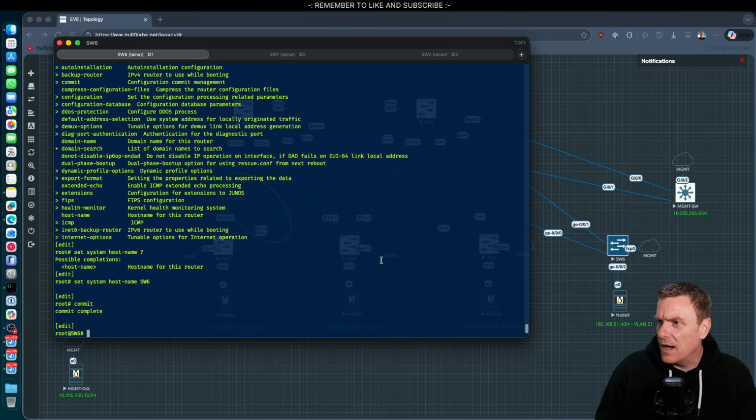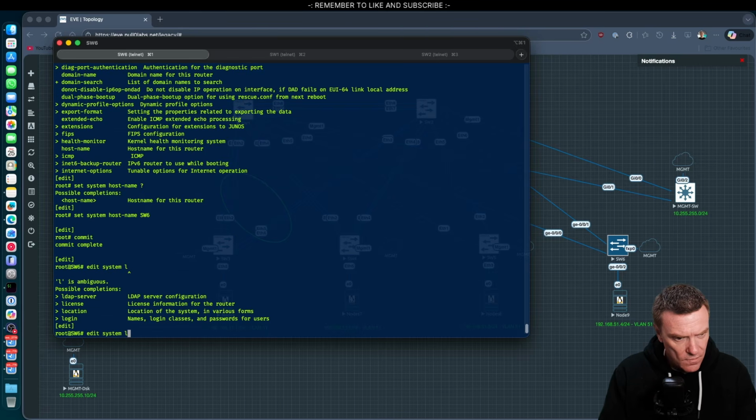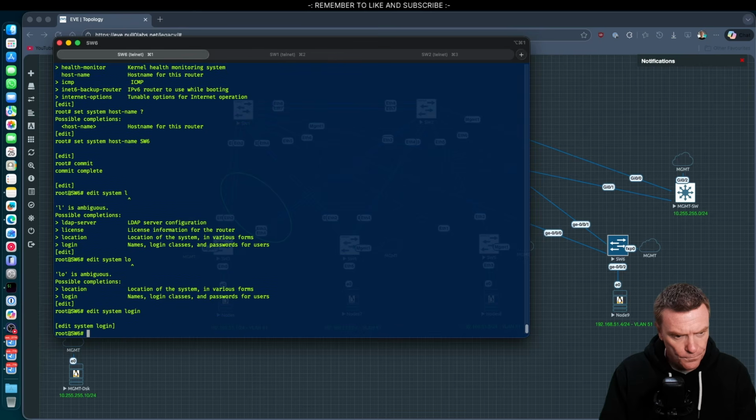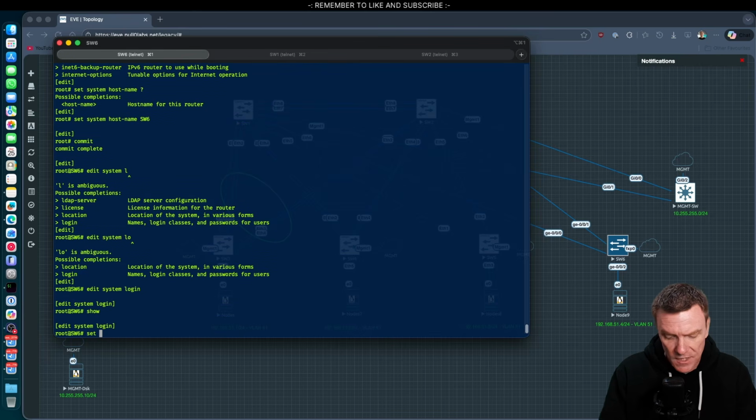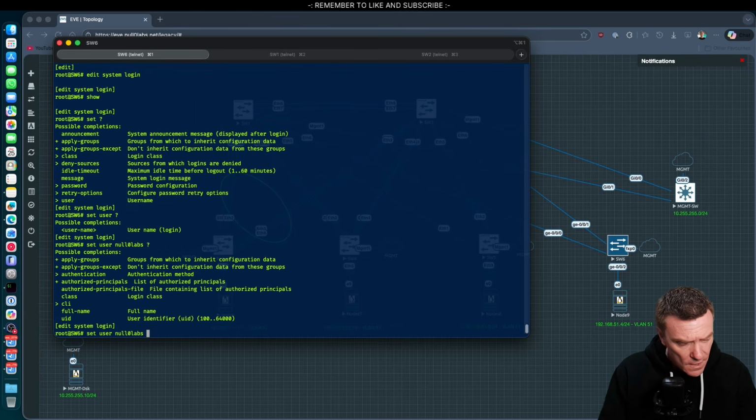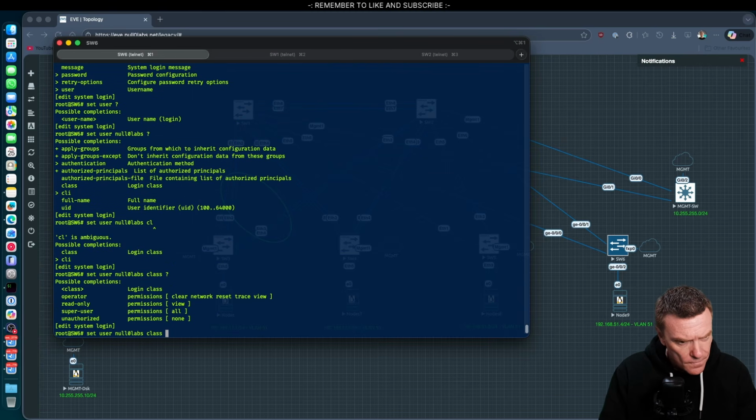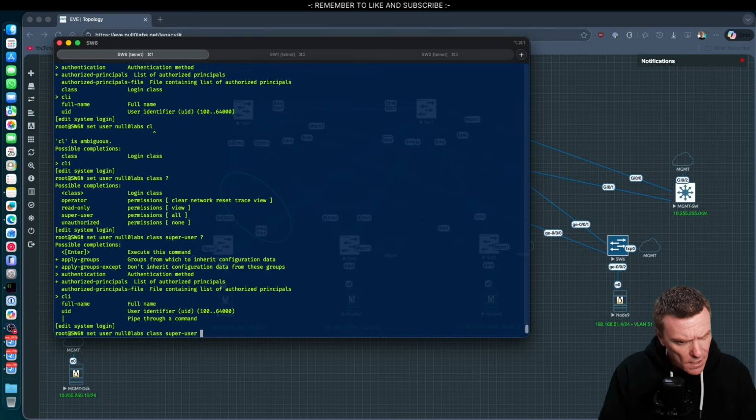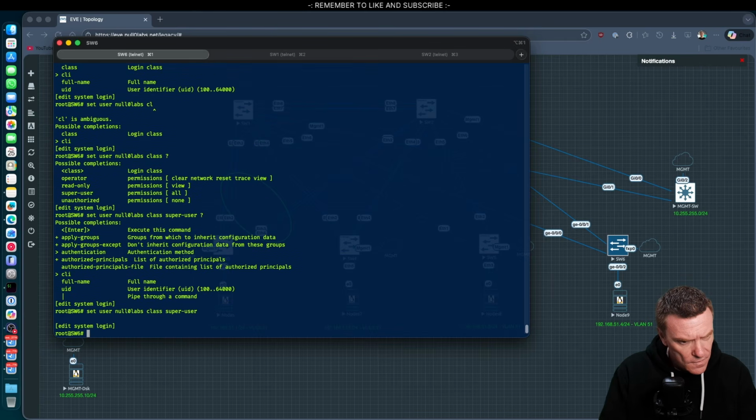So we've done that. Let's create our other user that we had, our backup user account of Null Labs. So we are going to edit system login, and we're going to set our user. The username was null0labs. The class is going to be a super user, and that's similar to doing the privilege 15. We've done that, and then we want to set